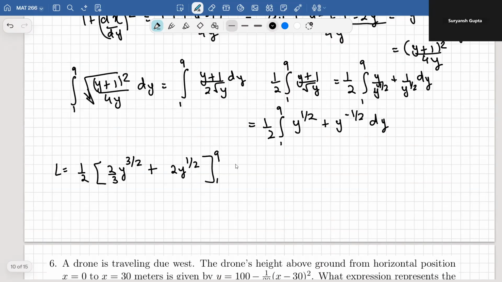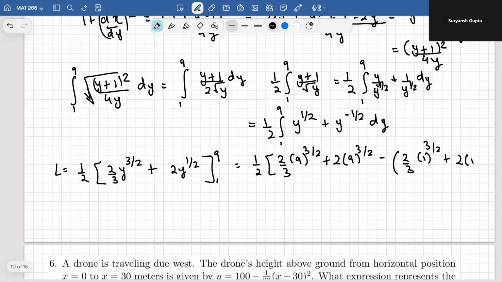And I can plug in my numbers here. I get 1/2 times [2/3 times 9 times 9 to the power 3/2 plus 2 times 9 to the power 3/2] minus [2/3 times 1 times 1 to the power 3/2 plus 2 times 1 to the power 1/2]. And